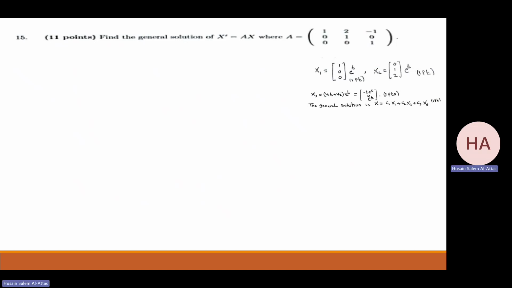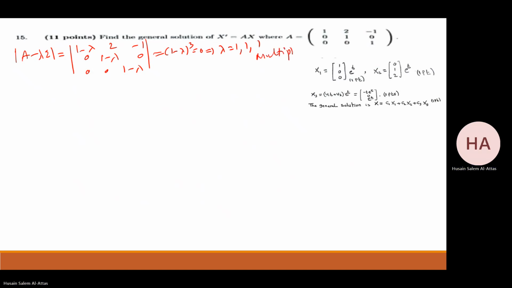Okay, I have A minus lambda I. I think this is very easy. 1 minus lambda, 2, minus 1, 0. 1 minus lambda, 0, 0, 0, 1 minus lambda. Yeah, that's very clear. It's 1 minus lambda cubed. So lambda is 1, 1, 1. So I have multiplicity 3. Okay. Now we'll try to find